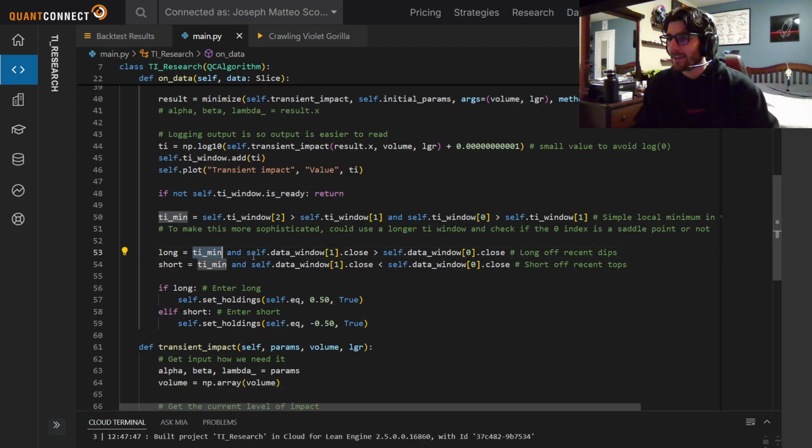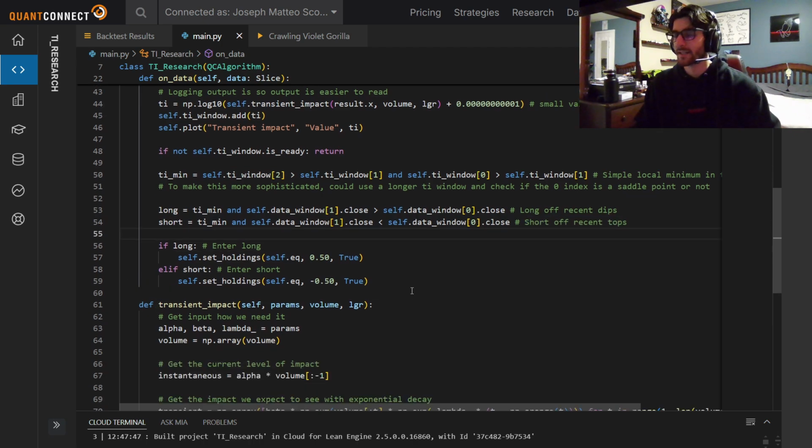But so yeah, if we have a minimum and we had a little bounce, then we're going to long off of recent dips. And if we had a little minimum, we had a top, then we're going to long off of, or short off of recent tops. So that's kind of like mean reversion, I think, has a bit of an odd rap,